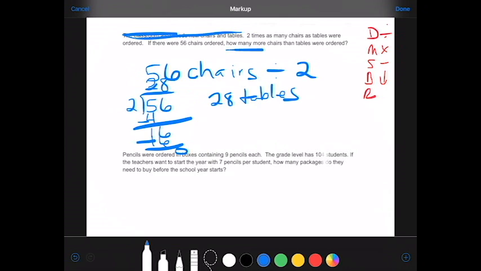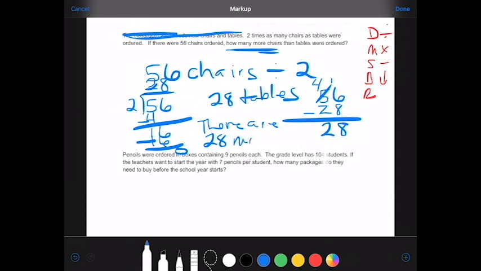But the question is how many more chairs than tables. So now I have to take my 56 chairs and subtract my 28 tables. 6 minus 8 doesn't work, so I'm going to borrow or decompose the 5, giving me a 16. 16 minus 8 is 8. 4 minus 2 is 2, so 28. Word problem, word answer. There are 28 more chairs